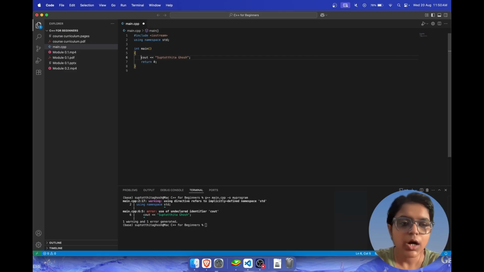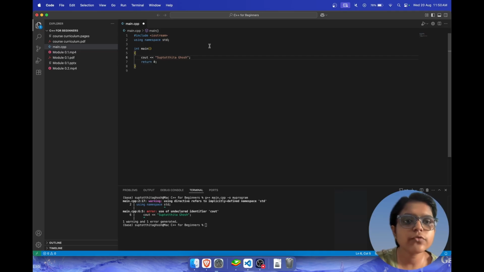Okay, next we have int main. This is the main function where every C++ program starts execution. In this case, we only have one function, we do not have any other additional functions. But in case you have any other additional functions, the execution would still start with the main function itself.